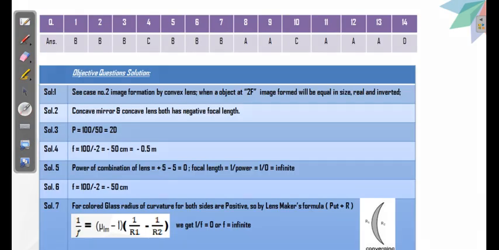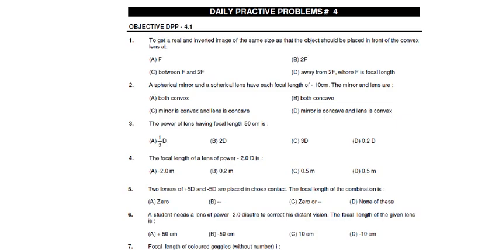Here you can see that we have a formula: power is equal to 100 divided by f in centimeter. So 100 divided by f, given is 50 centimeter. Centimeter में ही given है वो already. So put here 50 centimeter. So you will get 100 by 50 is 2. D means diopter. So power you will get 2 diopter. So our answer is 2 diopter. B is the right answer.